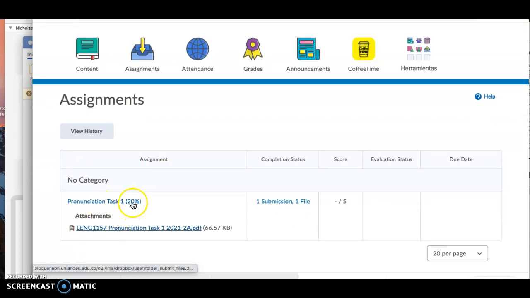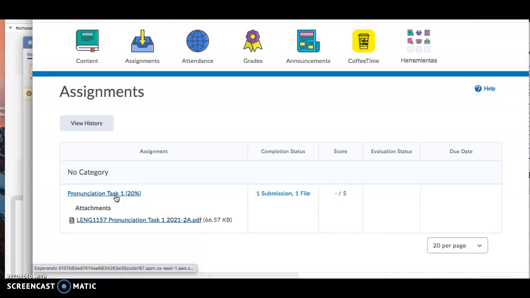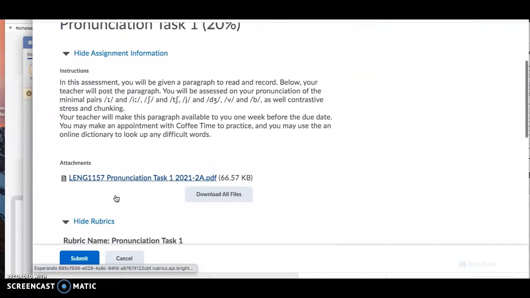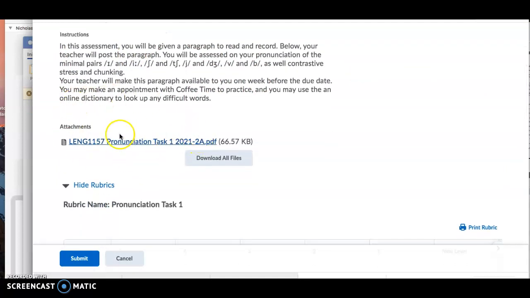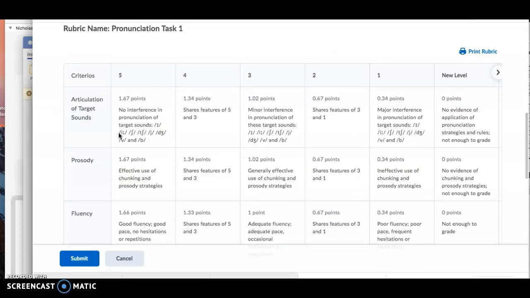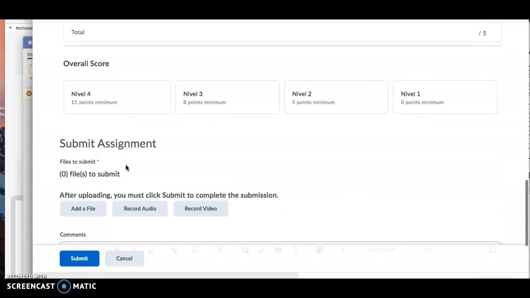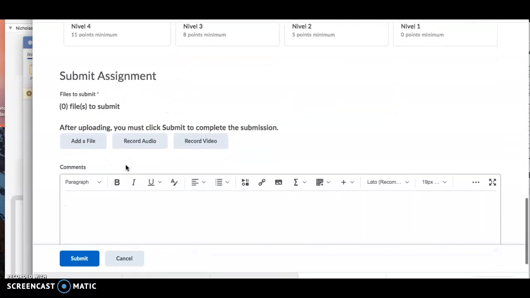So pronunciation task 1, and here's the attachment. If they click on pronunciation task 1, they see the instructions that we have here, and here's the PDF. Now, here's the rubric, wonderfully ready for us. And when you scroll down, you'll see that